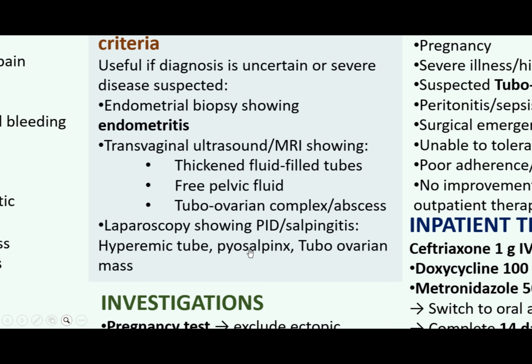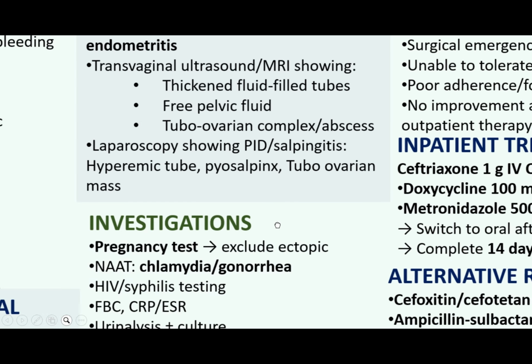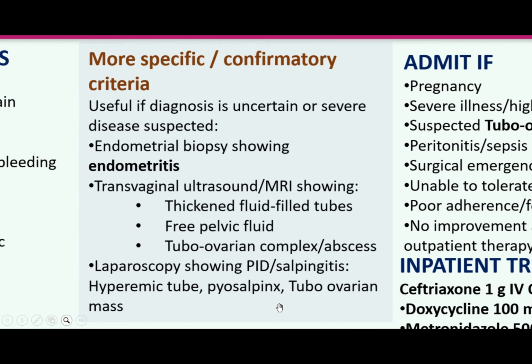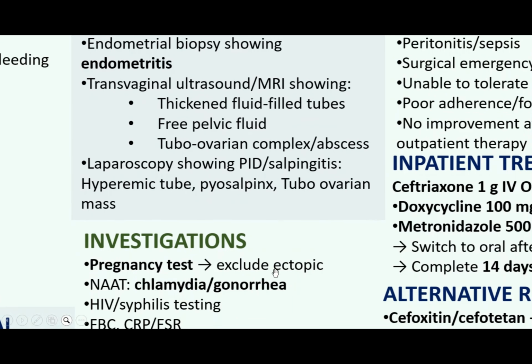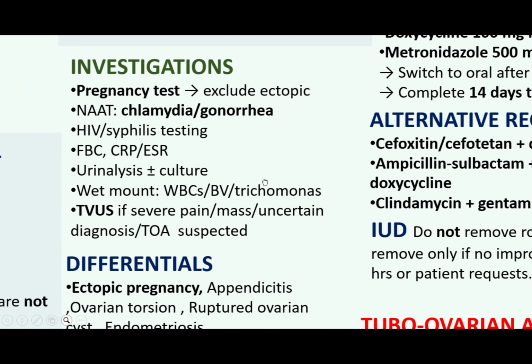Pyosalpinx, which is going to be pus in the tubes. Then a tubo-ovarian mass. These are all going to be definitive or more specific when it comes to confirming the presence of PID. Then investigations: you can do the pregnancy test, you can do the NAAT test for chlamydia and gonorrhoea,